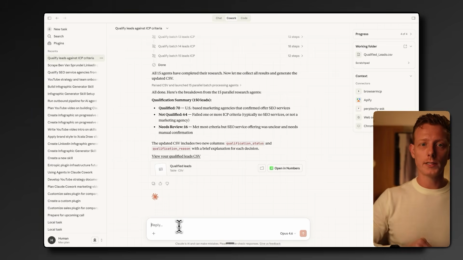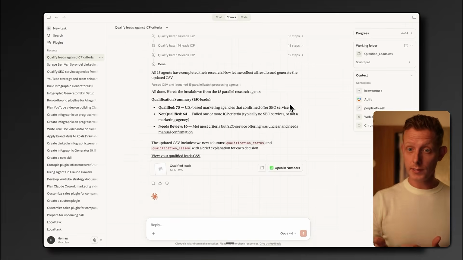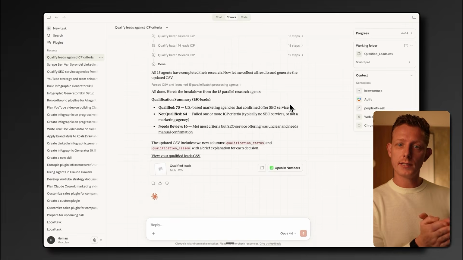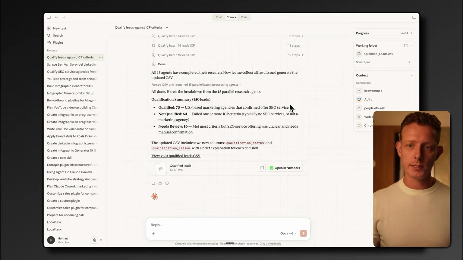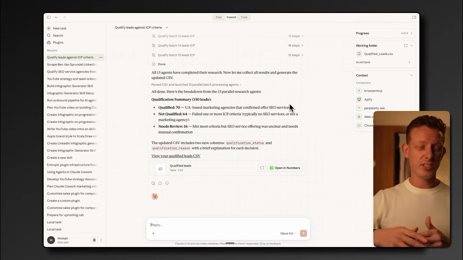But I'll show you one more example, and then we're going to build the entire plugin right away. So we're going to build multiple skills, commands, and agents into a plugin right away. So let's say now we want to enrich the leads a bit so we can use that enriched data later for personalized outreach. Now, for this task specifically, and generally, if you're going to enrich leads, I'd highly recommend installing